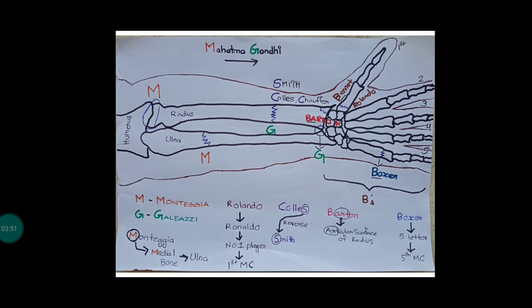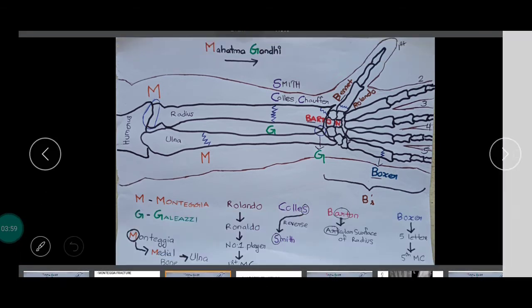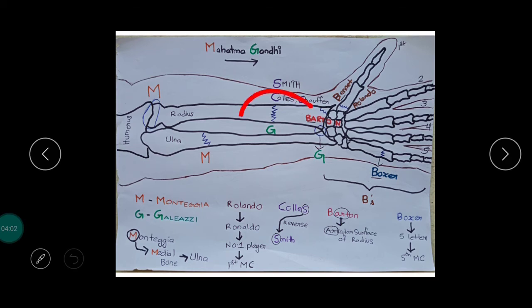And like I said, there will also be a joint involved. The joint nearby this fracture will be nothing but the radio-ulnar joint. So as you can see here, the distal third radial fracture plus dislocation of the radio-ulnar joint is the Galeazzi fracture. You just write it as exactly the opposite of Monteggia fracture.